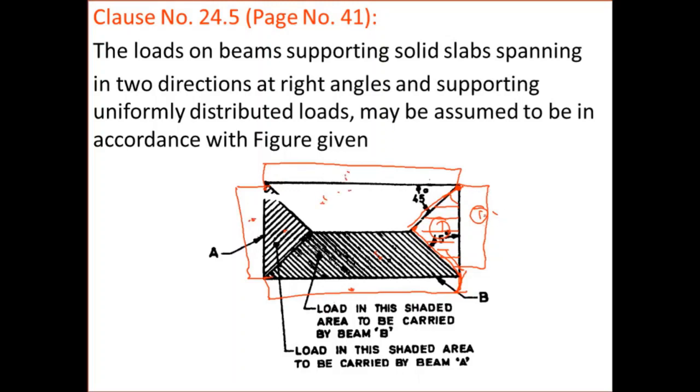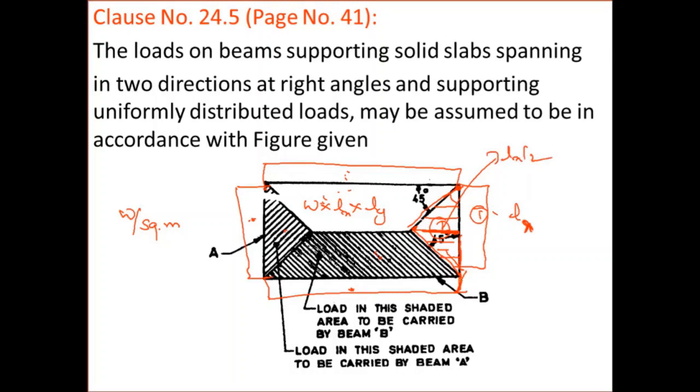Now this whole span is how much? Lx, suppose. The whole span is Lx. And what is the total load on the structure? Suppose the load is W per square meter. Then the total load on the structure will be W into Lx into Ly. Now in this portion, what will be the load? This is Lx here, so this will be how much here? This will be Lx by 2. Why? Because this half will be Lx by 2, at a 45 degree angle. So this will also be Lx by 2.